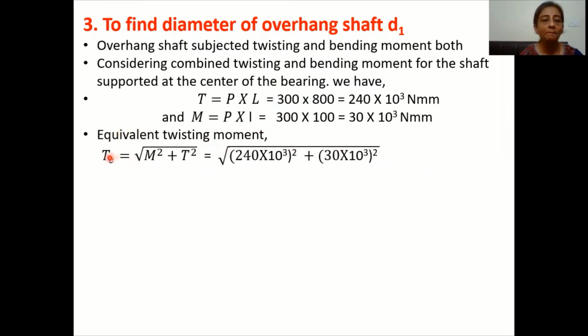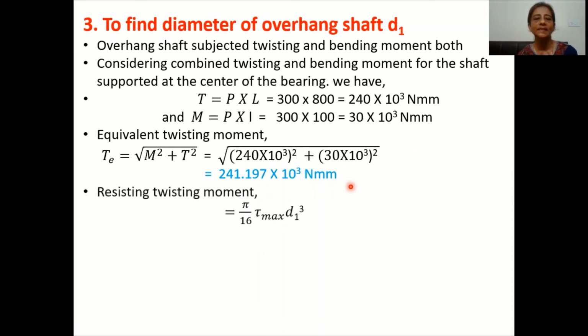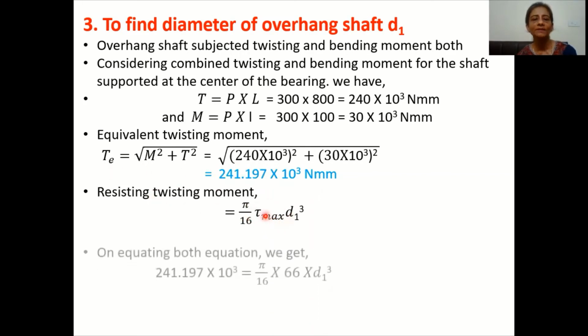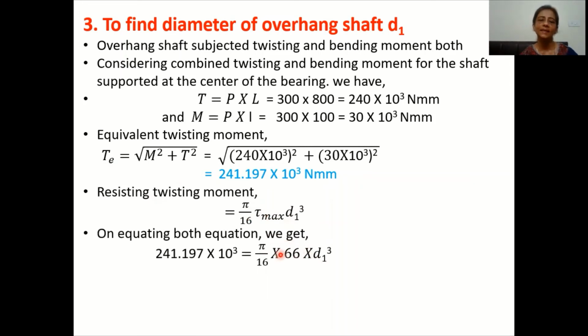Equivalent twisting moment by maximum shear stress theory is under root M square plus T square. So substituting values of M and T, we get the value of Te as 241.197 into 10 raised to 3 Newton mm. Resisting torque of overhang shaft is pi by 16 tau max d1 cube. Comparing this value of equivalent twisting moment and substituting the value of tau max as 66, we will get here